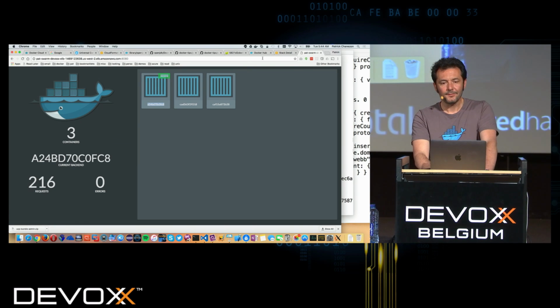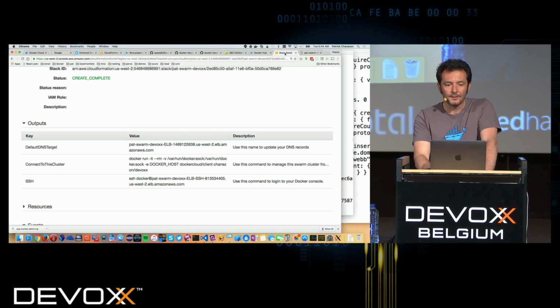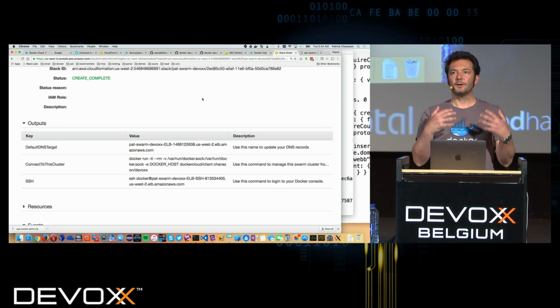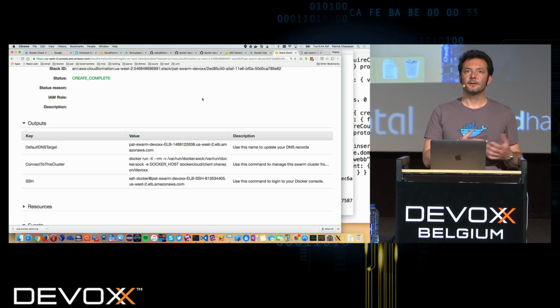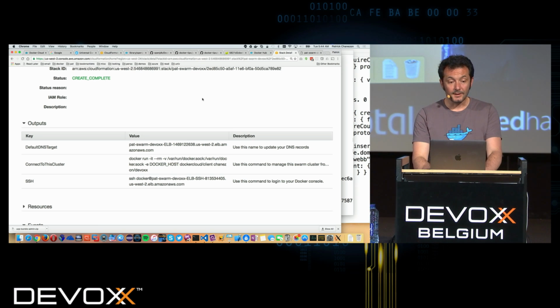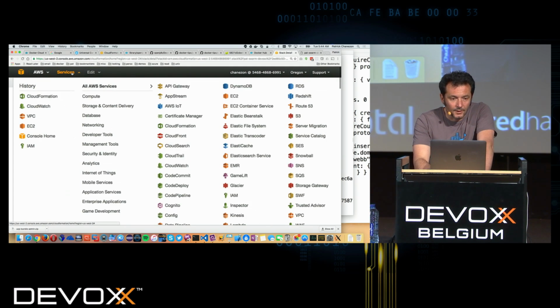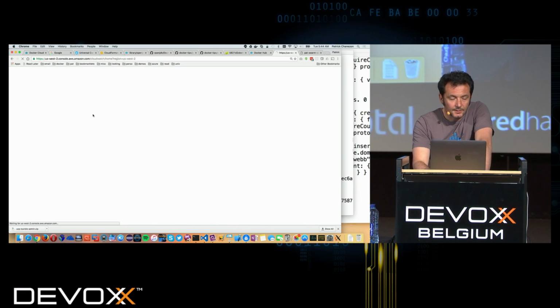One of the other things I wanted to show you is when I say deeply integrated with AWS, you saw it's integrated with my SSH keys. It's also integrated with CloudWatch. So when I'm running Docker for AWS, all the logs are going in CloudWatch.